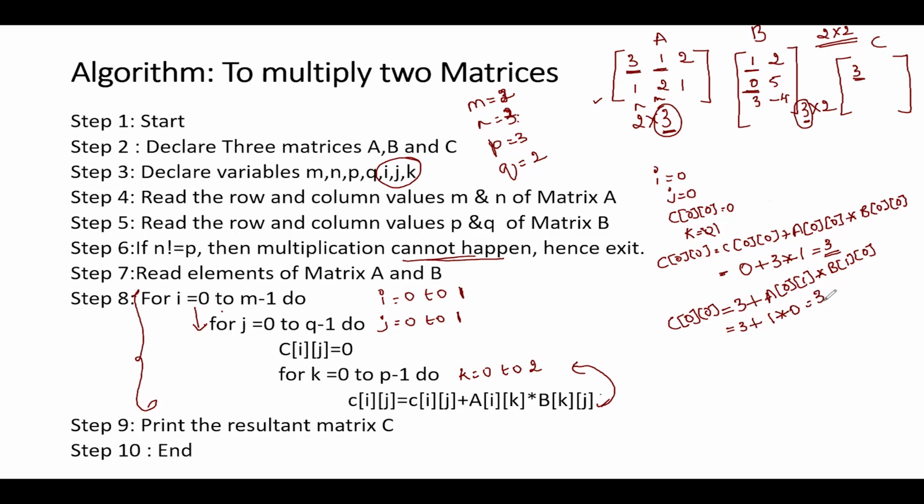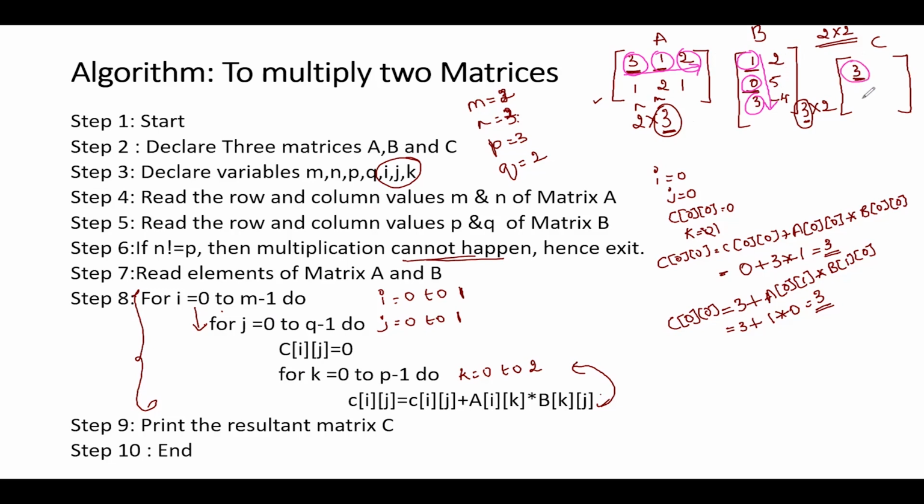Hence, this is going to be 3 itself. Okay, so if you observe here, what exactly we are doing is we are moving in this way. This is what we are doing here. I'm going to multiply 3 with 1 plus 1 into 0 plus 3 into 2 into 3. That is going to give me, when I add all that, I'm going to get the value